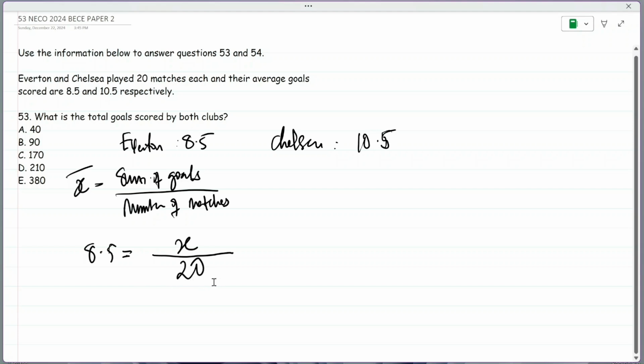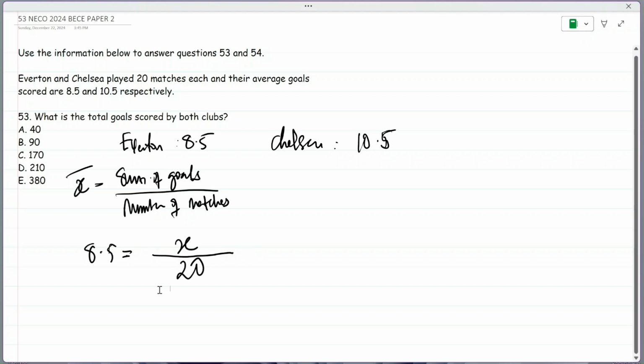Let's say they played 20 matches, and in the first match they scored 5 goals, second match they scored 2, third match they scored 3. You have to write them all out, then add them together and divide by the total number of matches they played, which is 20. Now you have the mean and the number of matches they played. So we have to find the total number of goals they scored, that's the sum,